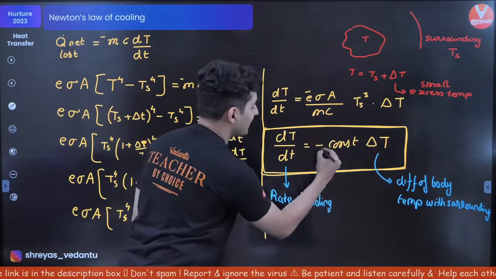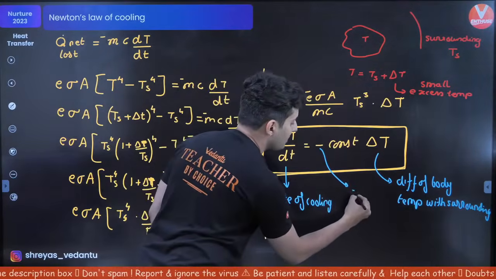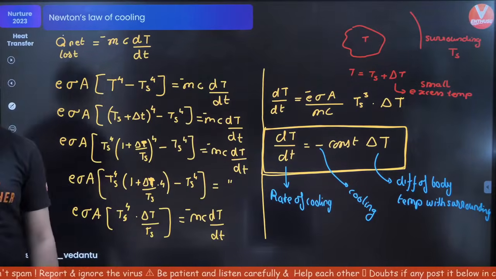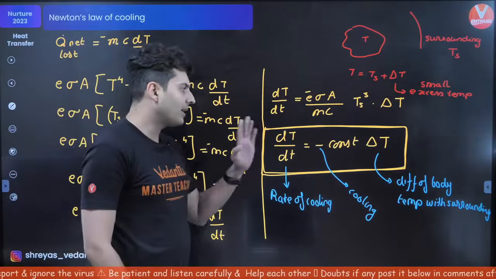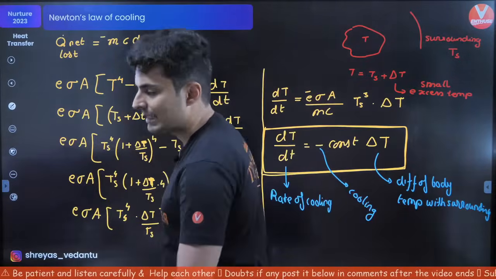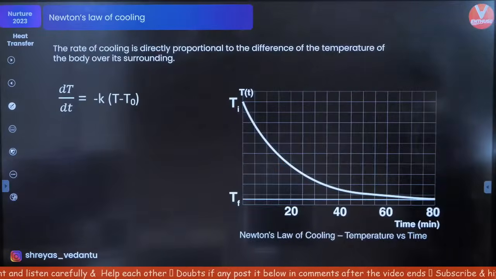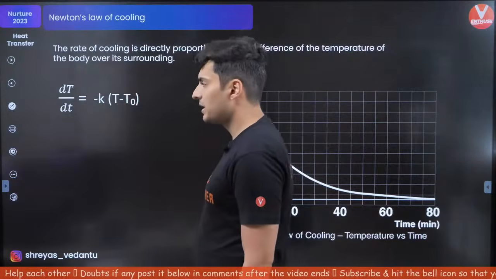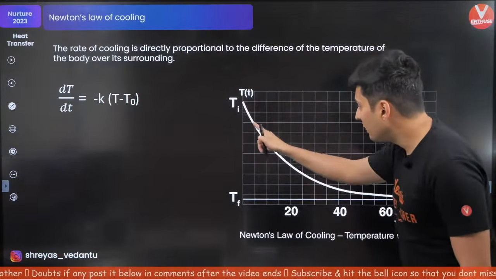And why is this minus sign? This minus sign is there because it is cooling. That's why the Newton's law of cooling. That's all. So very, very important law, and this is the derivation for this. I hope this is fine. And I have put this up on the screen for you. dT by dt is minus k, difference of the temperature,